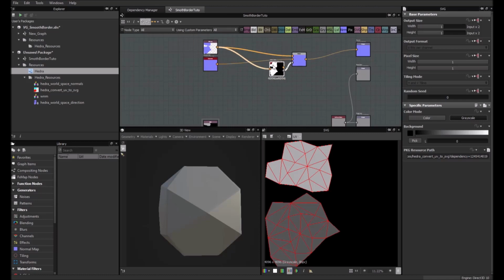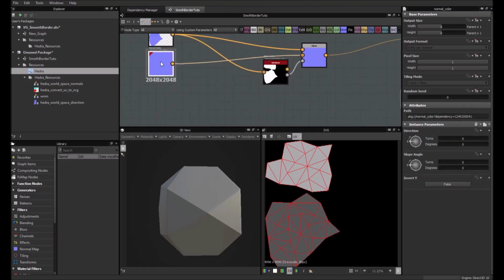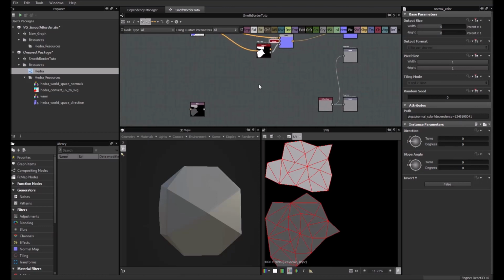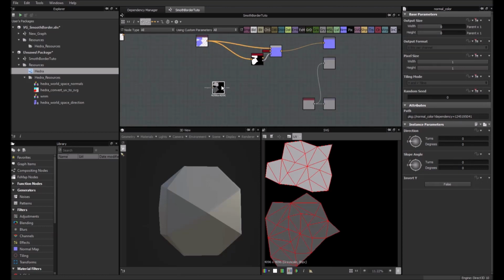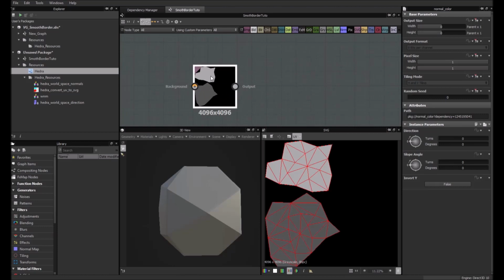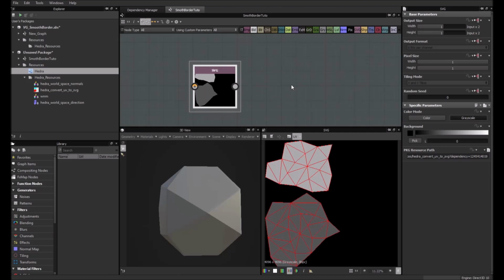Okay, I'm cleaning a bit. Now what we're going to do is to use this, and with that we are going to try to generate the normal map for the border. So the way that I have found is, for example, to use that to plug into a histogram